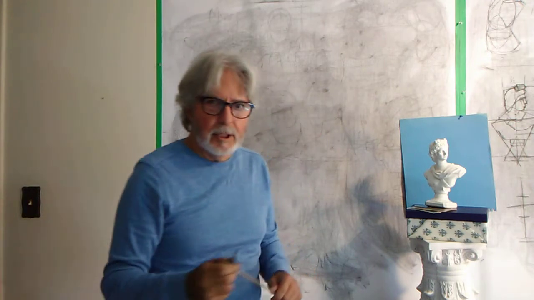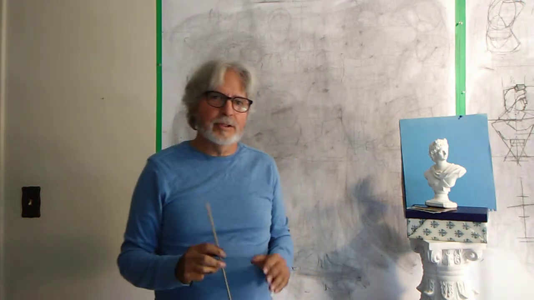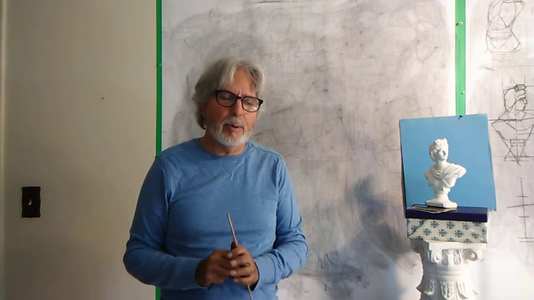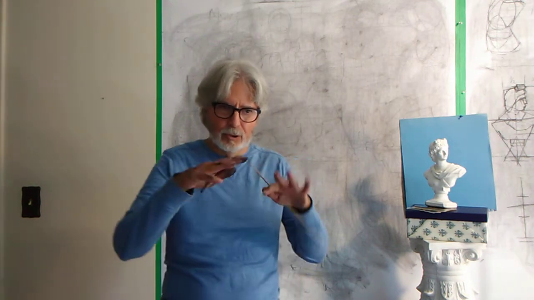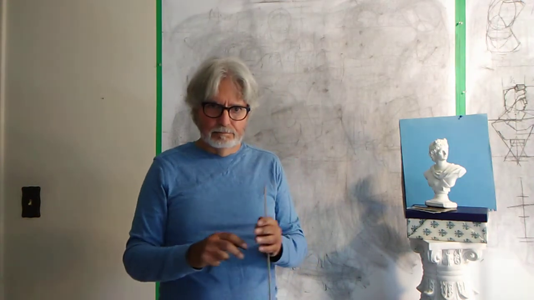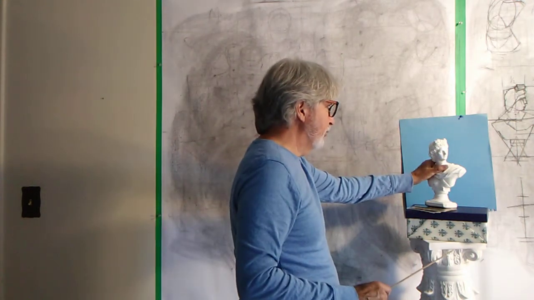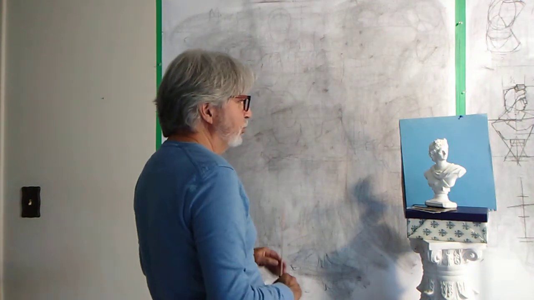Welcome back. What we're going to be doing now is working from an actual object. So this next stage of the process, you're going to be working from individual objects. So now you're going to take an object that you can find around your house that has a little bit of interest to it, something a little better than an apple, and something that has a little bit of shape to it. So the one that I'm going to use is this fella standing here that you can see. And we're going to now do the same thing from